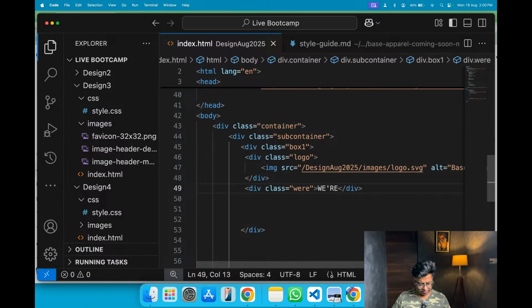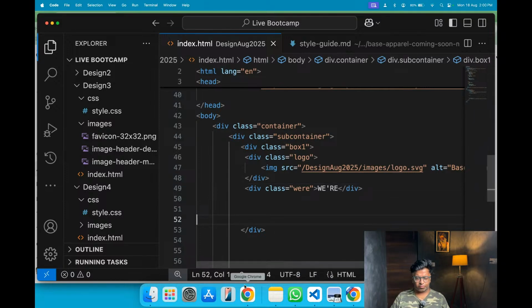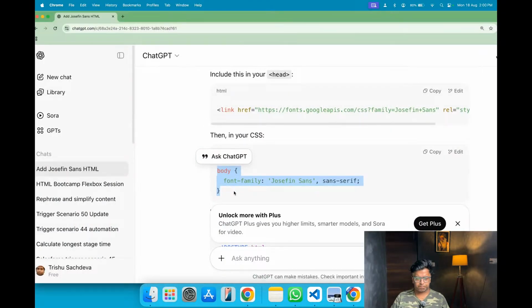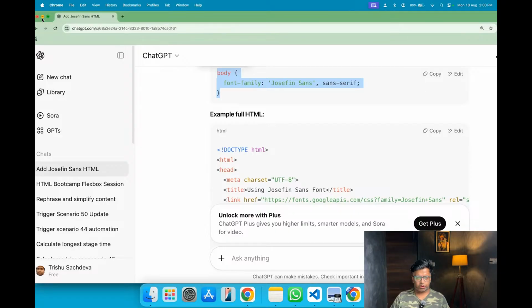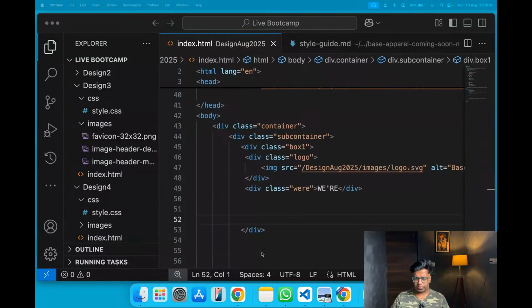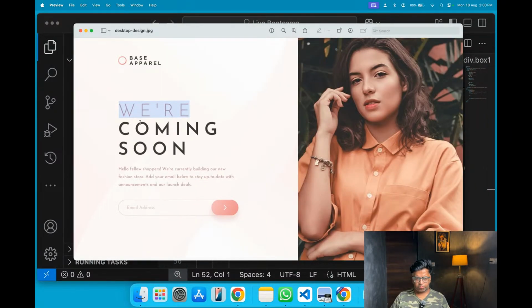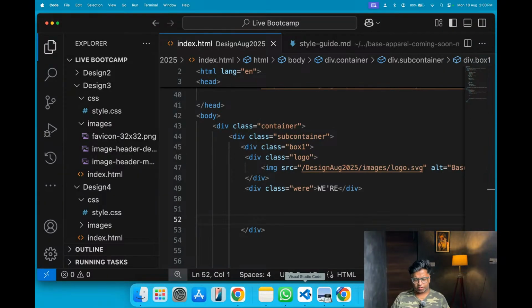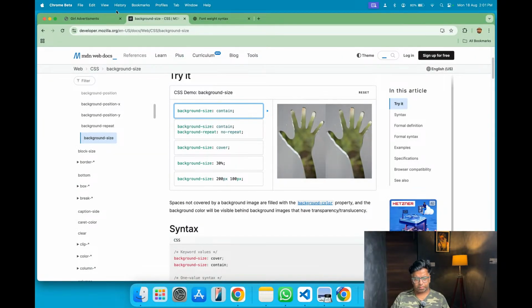And let's save this out. Okay. And further, what will we be doing? Where are we stuck? I think we are stuck somewhere. Next is, we are coming soon. Coming soon is in black. So let's move. We are good. So next is